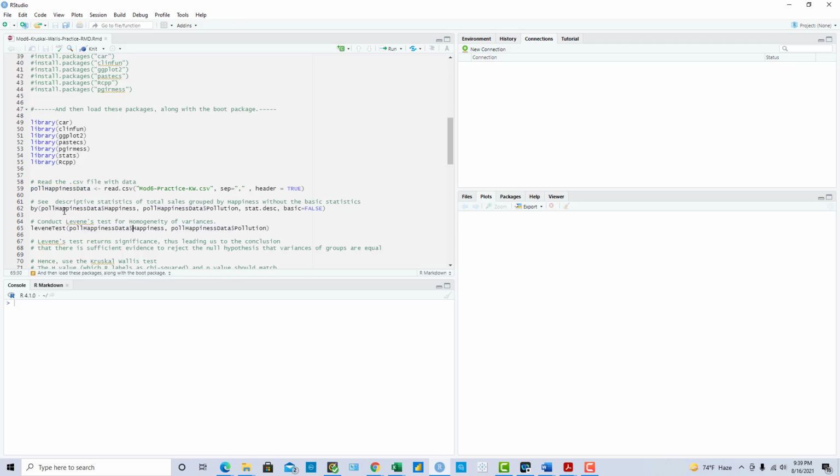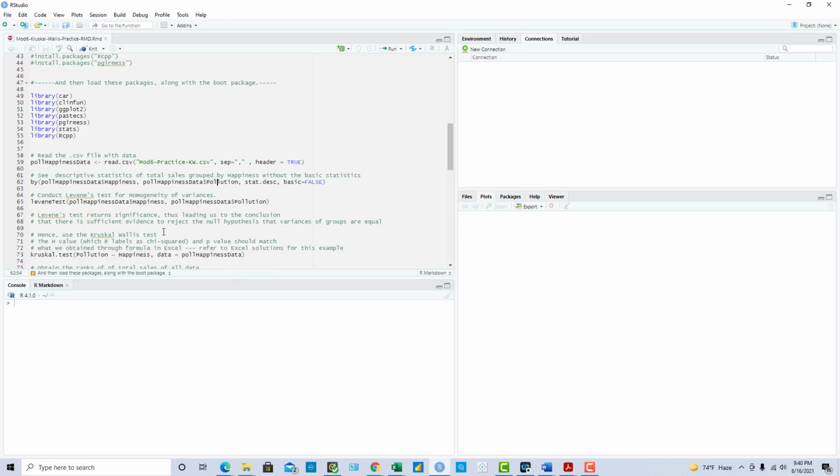Then line 62 is showing basic descriptive statistics for happiness as differentiated by the pollution levels. So we have the poll happiness data, dollar happiness, that's the numeric value, and the pollution levels is the second parameter in line 62. Then we conduct the Levene's test.